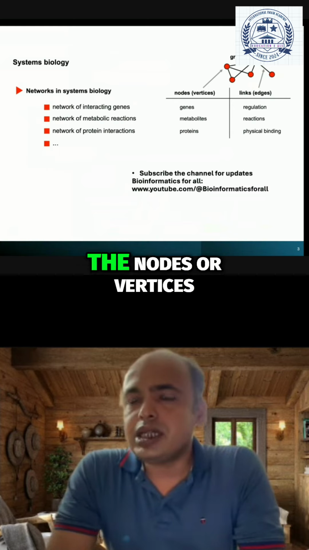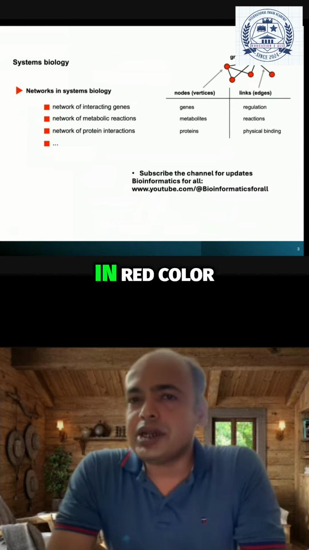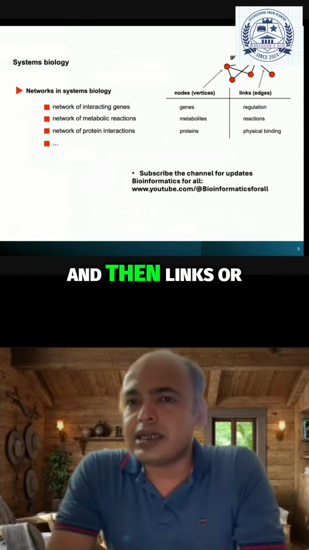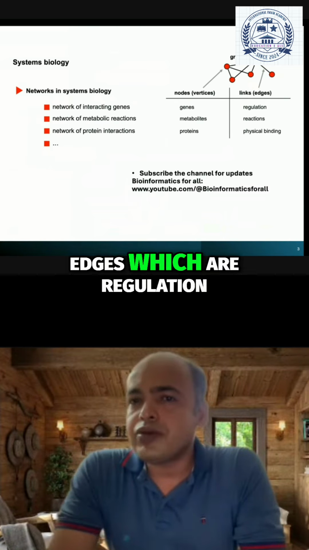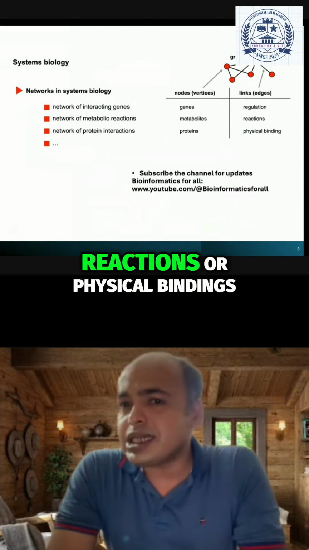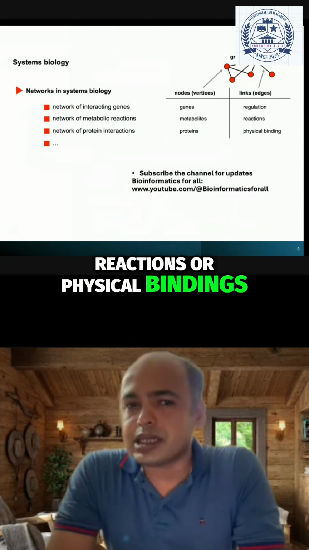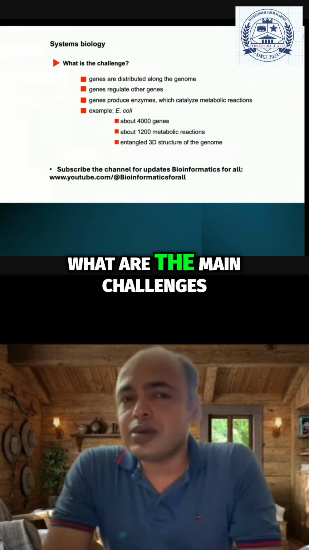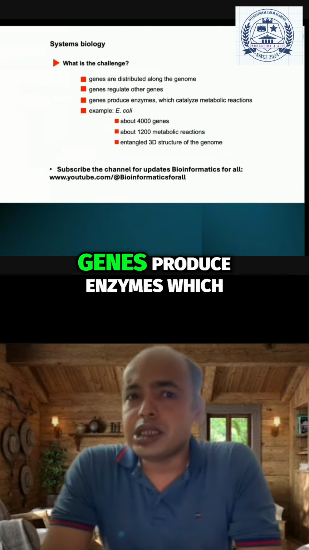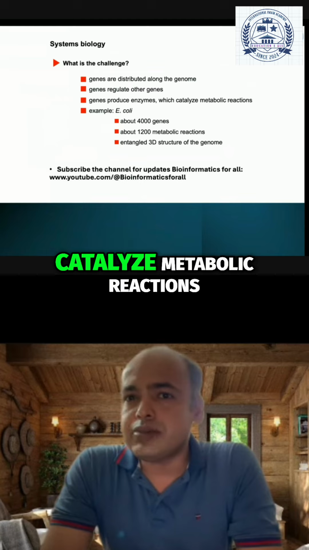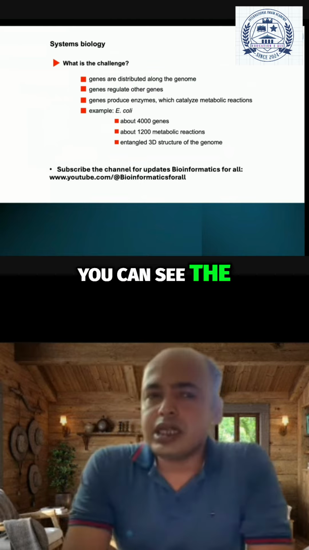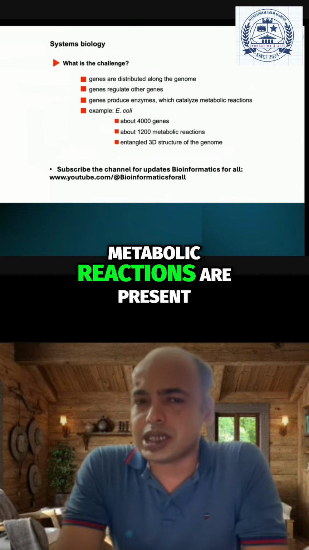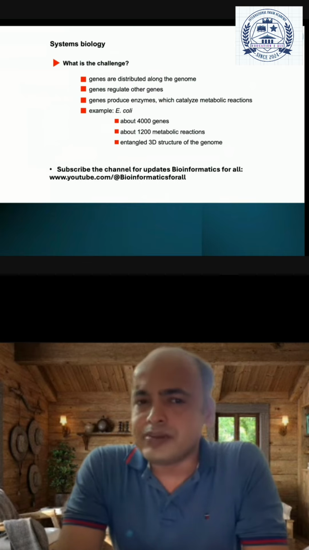Here you can see the nodes or vertices in red color, which could be genes, metabolites, or proteins, and then links or edges, which are regulation, reactions, or physical bindings. So in systems biology, what are the main challenges? Genes produce enzymes which catalyze metabolic reactions. You can see E. coli has about 4,000 genes and then about 1,200 metabolic reactions are present or possibly